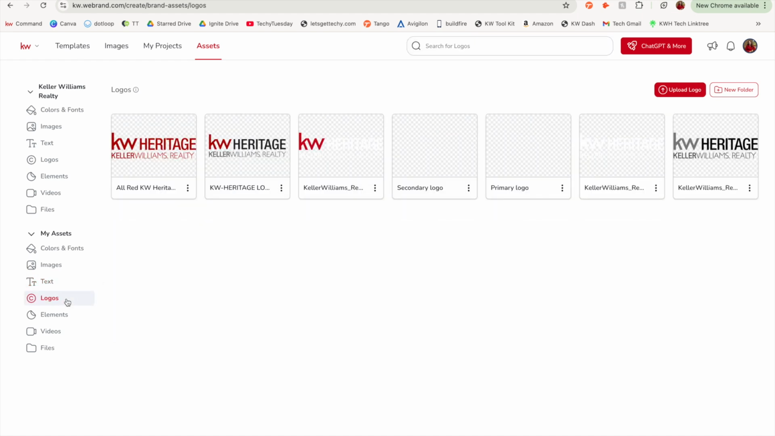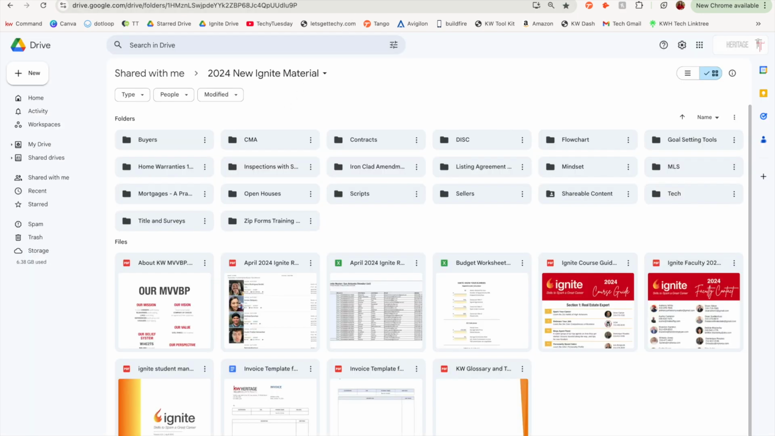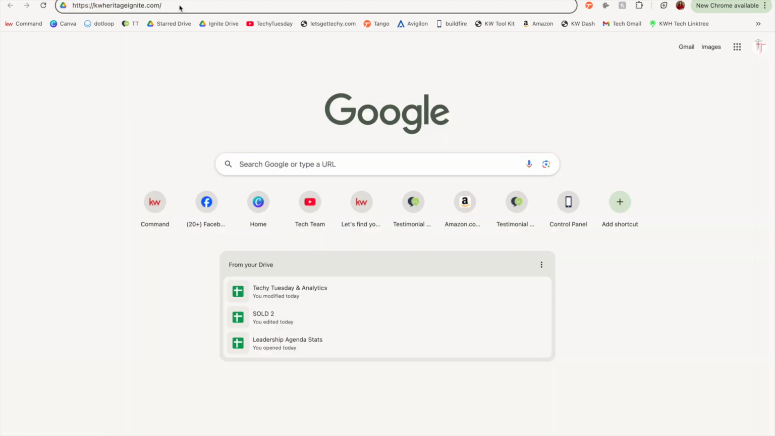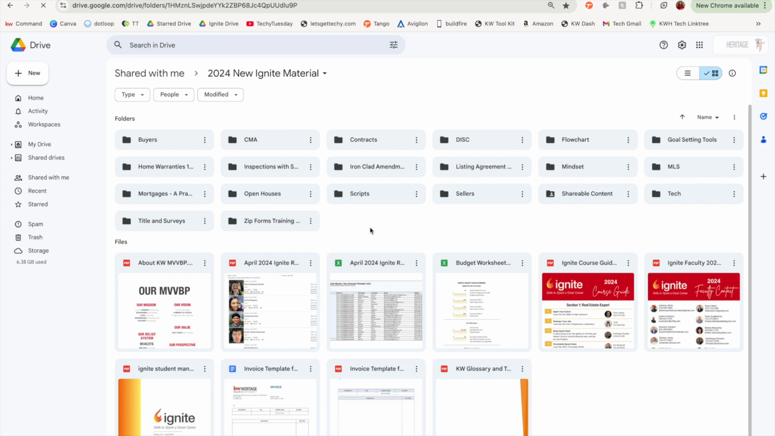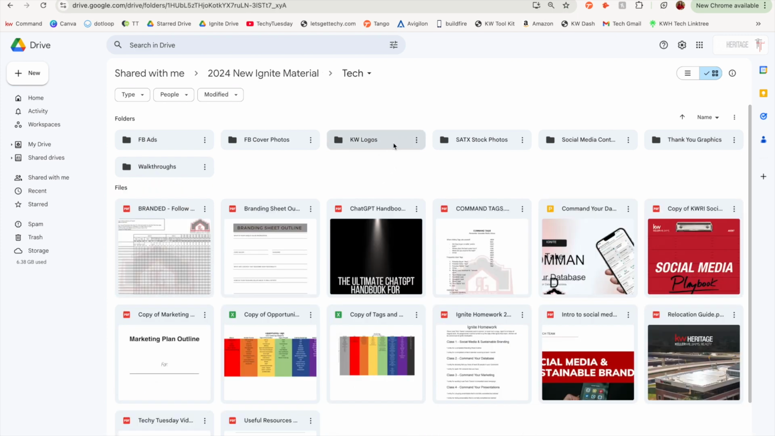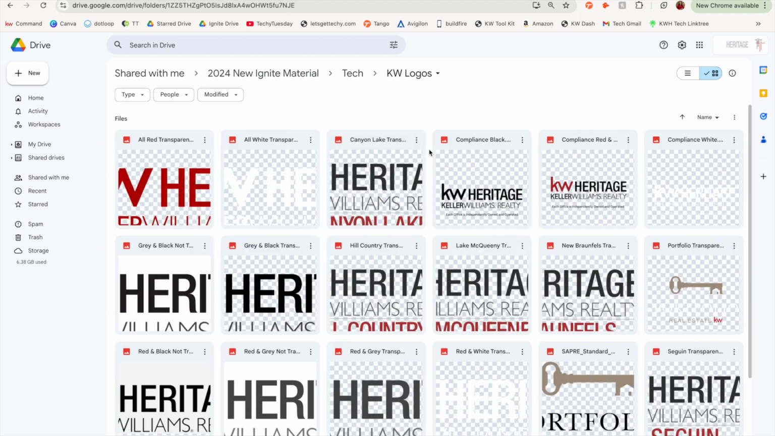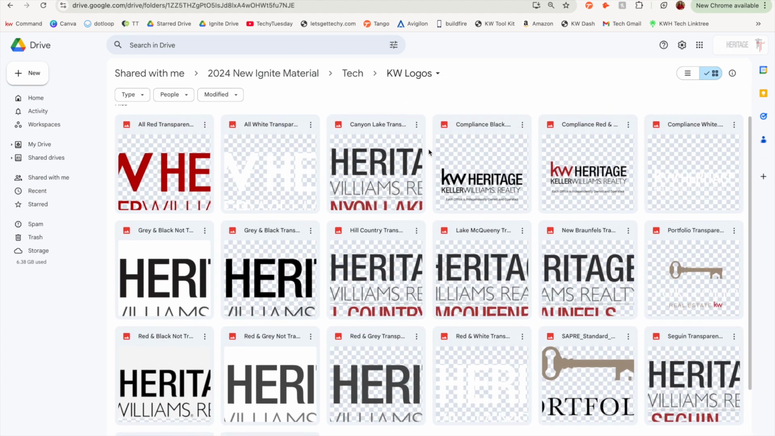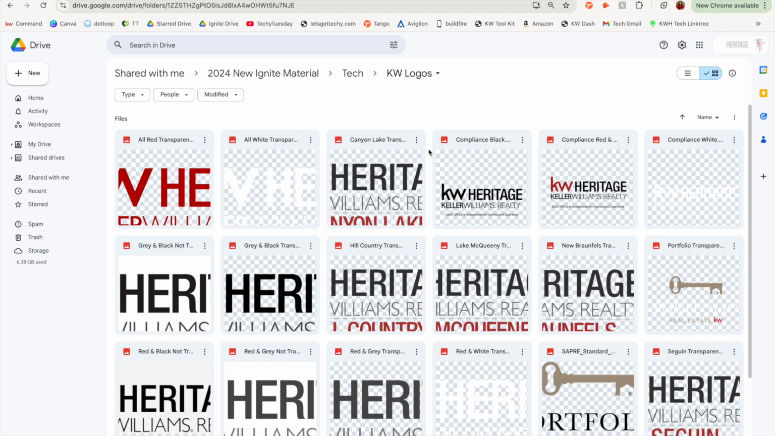Moving on to logos. This is where you'll input all of your KW Heritage logos, any team logo that you may have, or any additional logo you want to use on your marketing. For example, the luxury logo or portfolio logos. To find our logos, you'll want to go to kwheritageignite.com. When you get to our drive, you want to select this tech folder here. Inside the tech folder, we then have a KW logos section. All of the logos here are for the KW Heritage office, as well as our satellite offices in Canyon Lake,